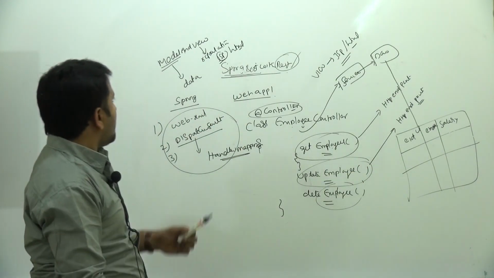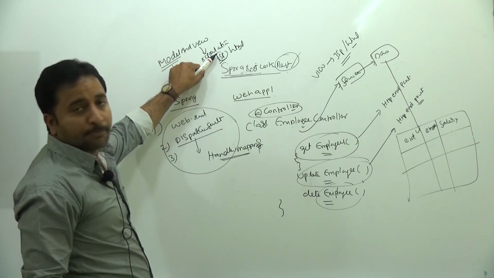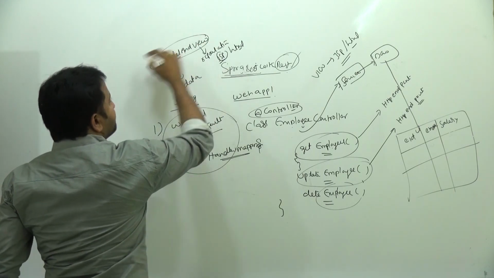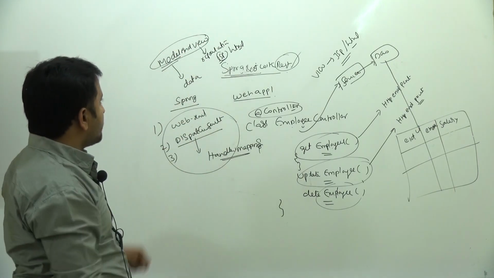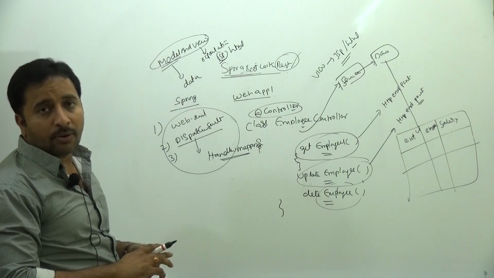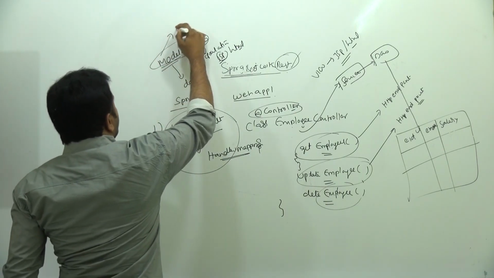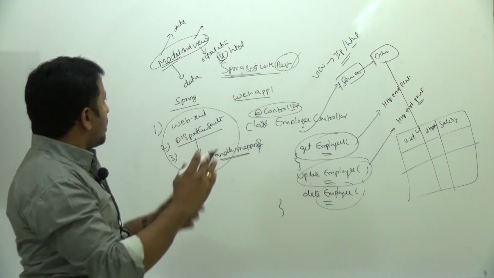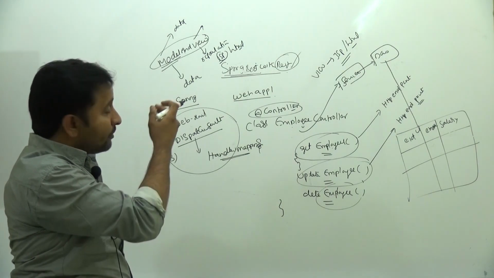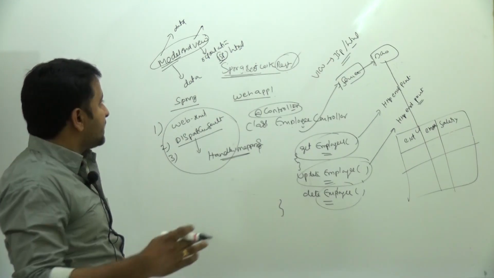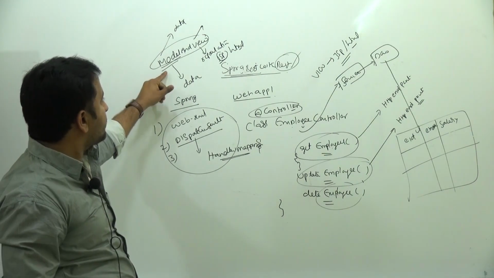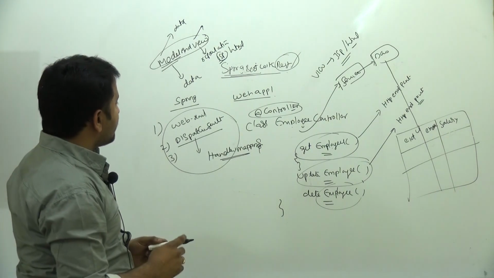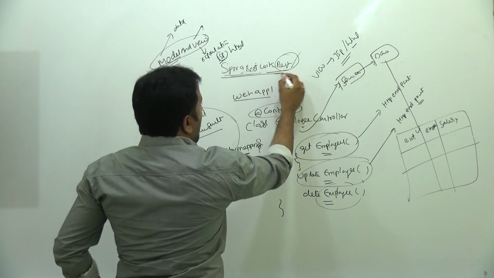That data I want to show in the JSP page. How do we show it? By using a model and view object. We have to return the model and view object. Model contains the data and view contains the representation. We will see this in the practical examples, and by that you will come to know how to save the data into the model and how to return a model and view object.